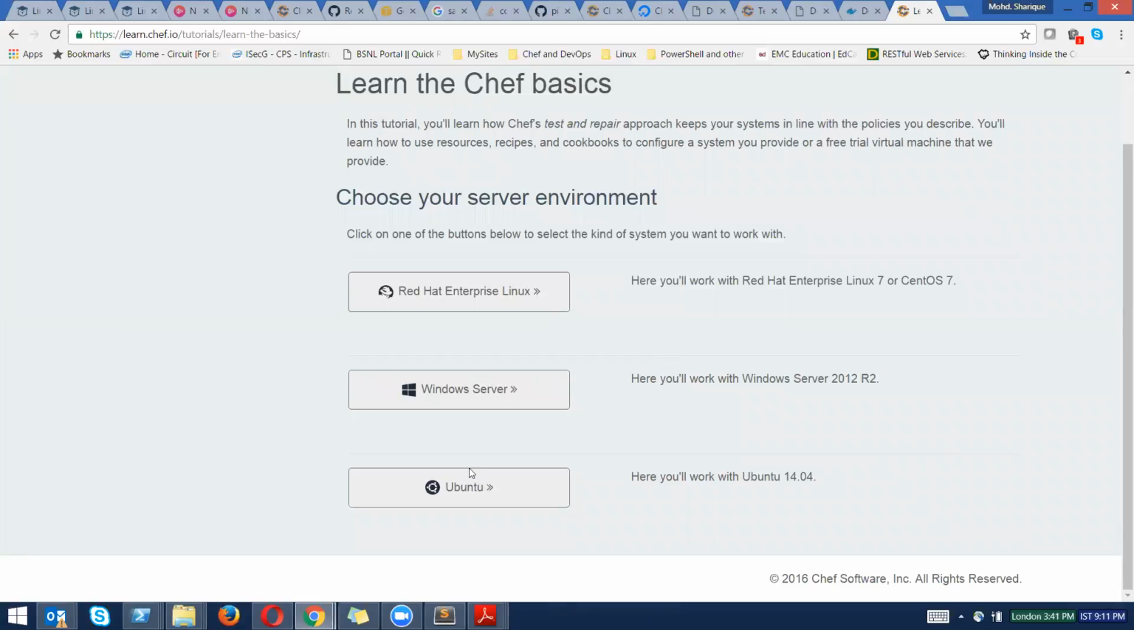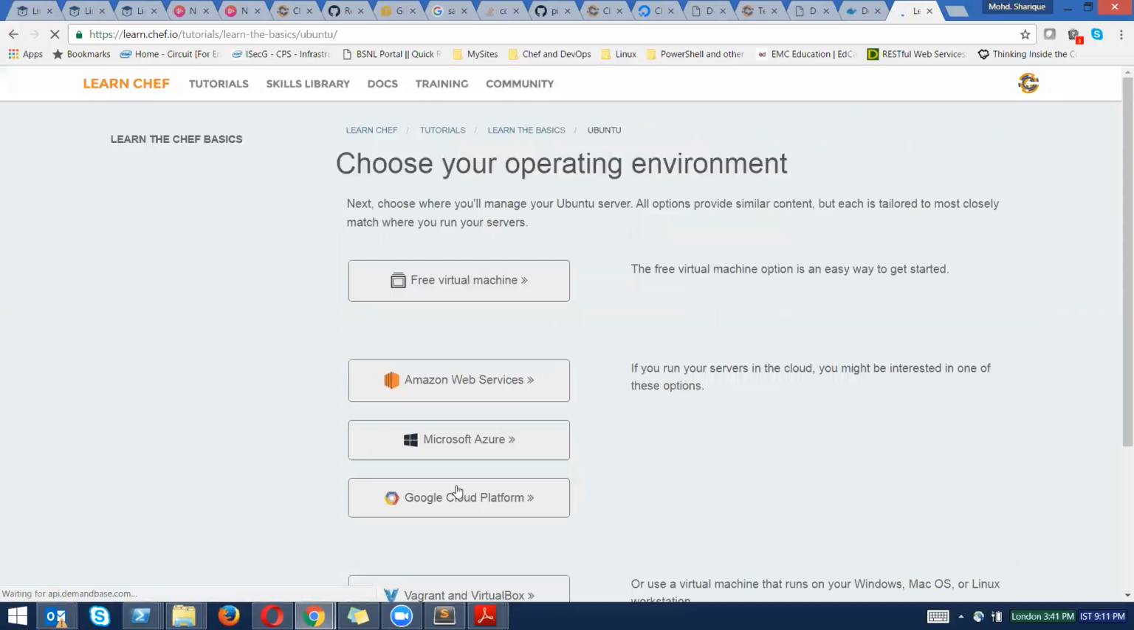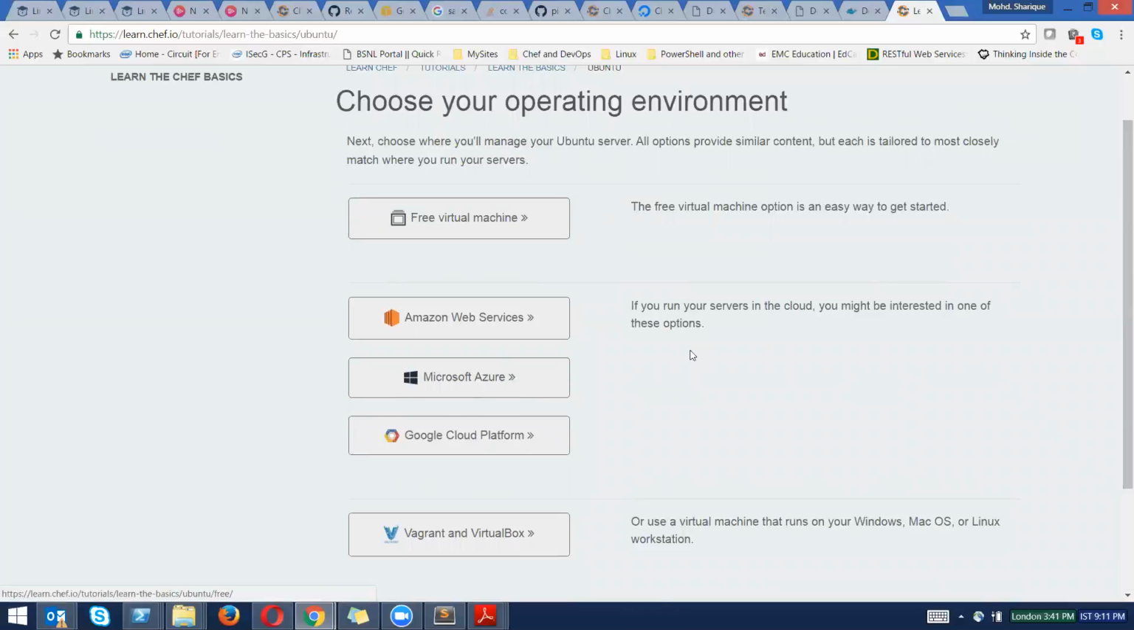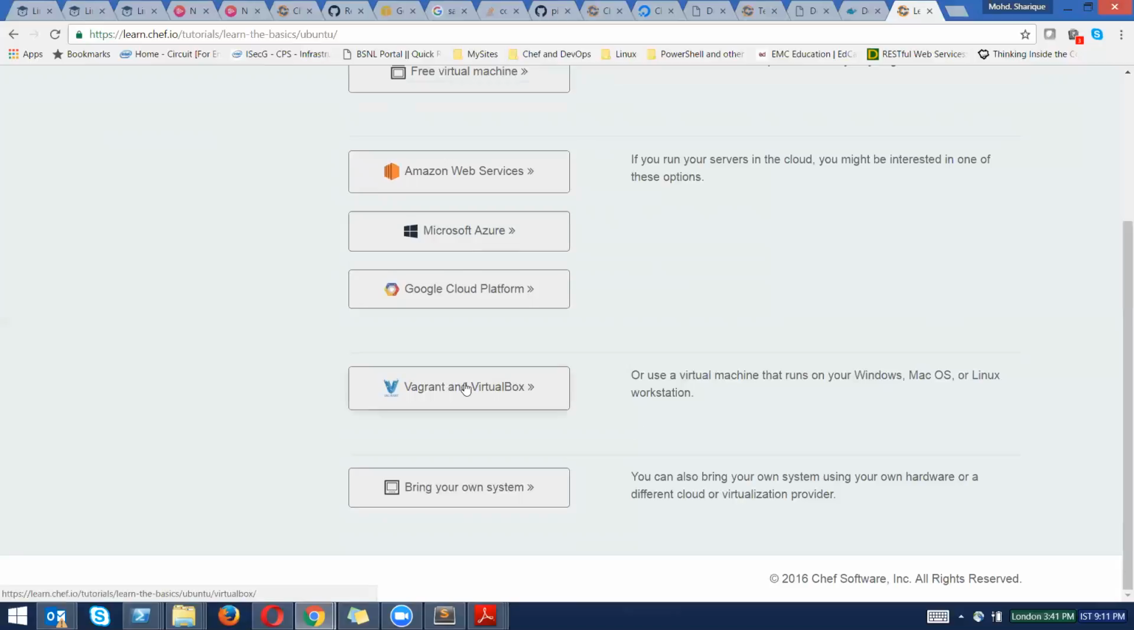So, for example, let's go to Ubuntu. Then I'll ask you what kind of virtualization environment you're using. In our case, we are using this Vagrant and VirtualBox, right? You can check out how it works on Amazon as well, and if you want to have a free virtual machine, Microsoft Azure, so all kinds of options. In our case, we'll check Vagrant and VirtualBox since we are already working with this one,